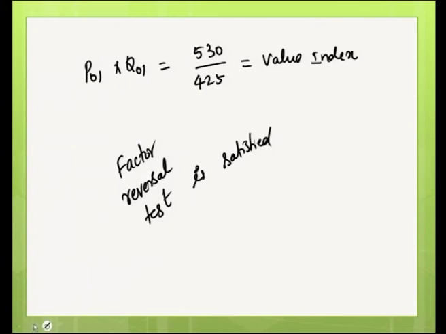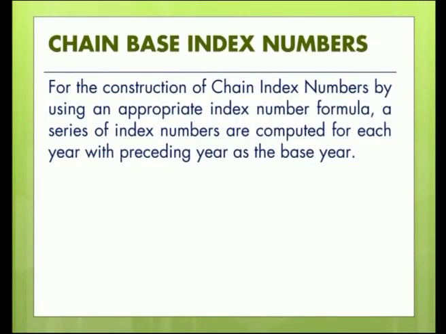Okay. So, in this problem, when the price index numbers or quantity index numbers are calculated by Fisher's ideal method, the time reversal test as well as the factor reversal test are satisfied. Now, after studying price index number, quantity index number, value index number, the criterion for a good index number, and various tests of adequacy to be satisfied by the formulae for computing price and quantity index numbers, we next step in to study the next type of index number called chain based index numbers.